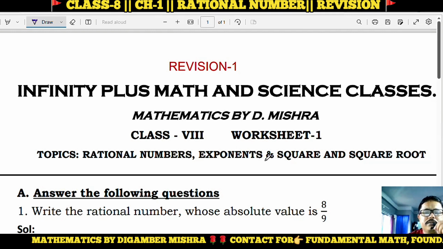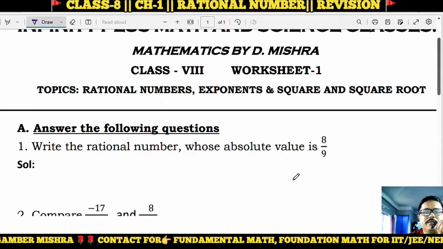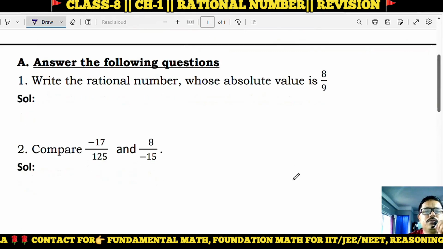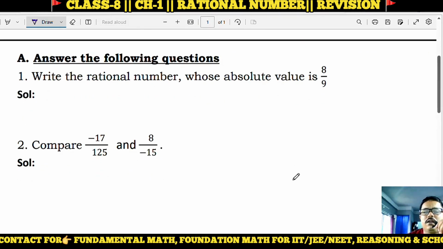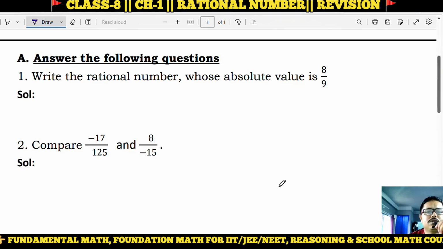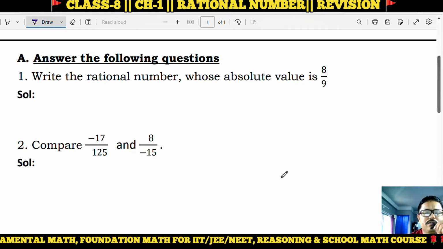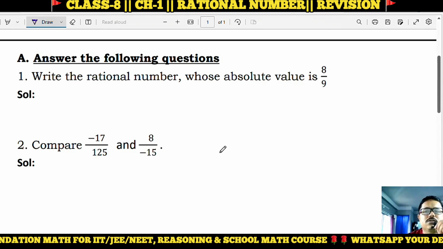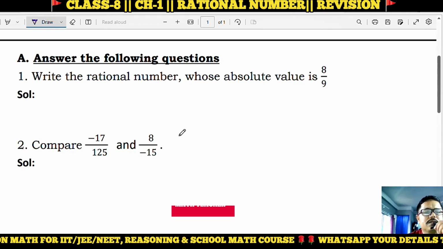So dear children, in today's class we are going to understand a few things from this chapter, and I believe that this will help you in memorizing the terms related to this chapter, which you might have forgotten as you have done this long back. So let's start the class.